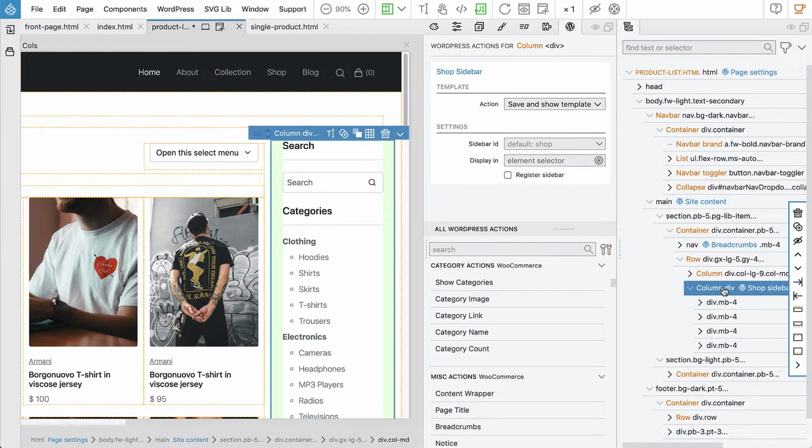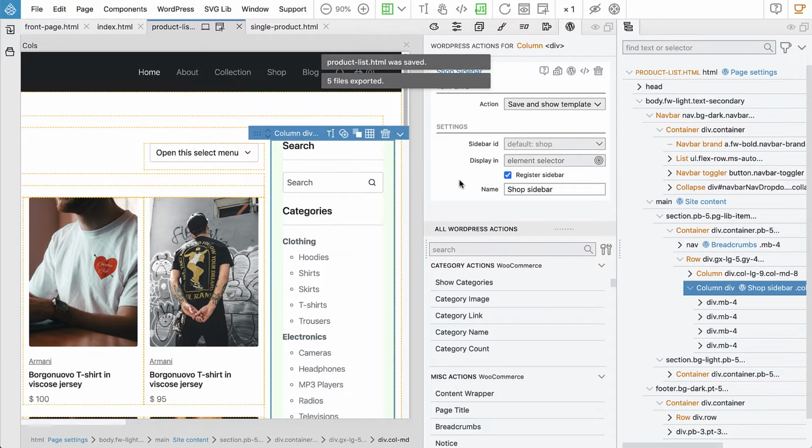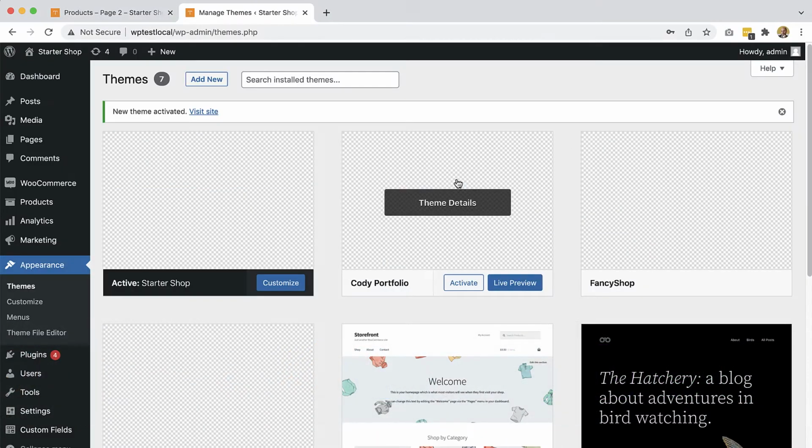in the main element, so no need to select a sub element. And we also need to register the sidebar, so let's call it shop sidebar. So we only need to register it once. Okay, let's save and go to the page